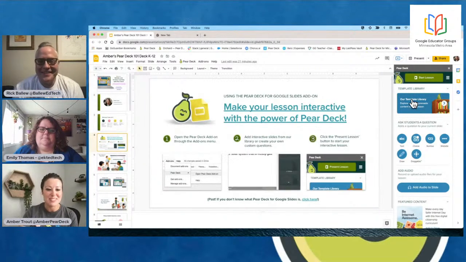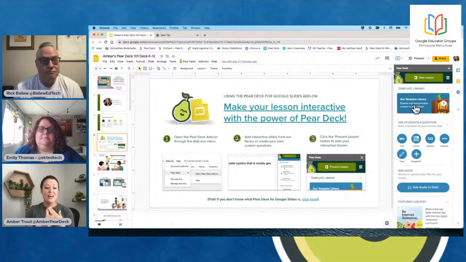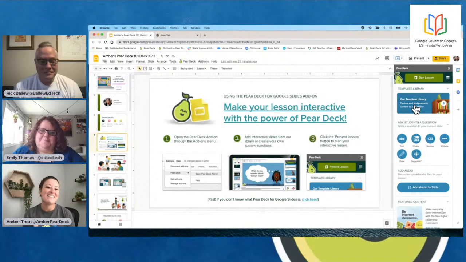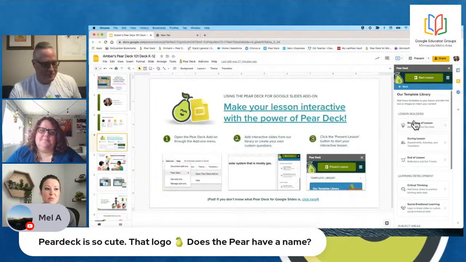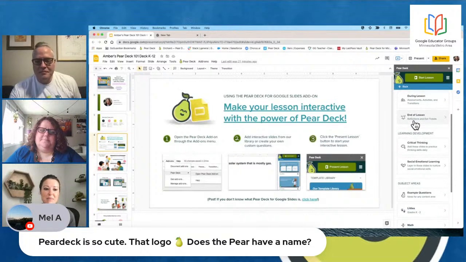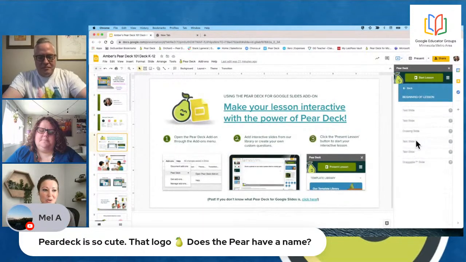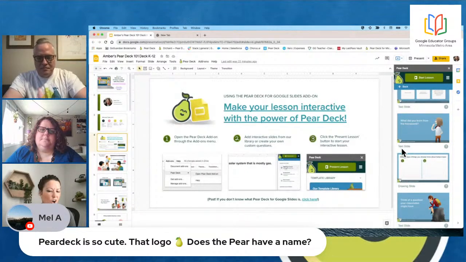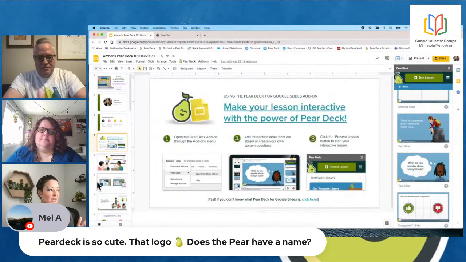But first and foremost, we have our templates library. If you're brand new to Pear Deck, not sure how to use it, you're not sure what Pear Deck is, then you're going to be able to use our templates library, and everything can be done with these pre-made templates. So first of all, we have lots of different ones for lesson builders, learning development, and subject areas. But I do want to click on one of these so you can see what you have access to. It's all these different pre-made ones, interactivity already on there, and you're just going to do a one click and pop them right in. So easy to do.